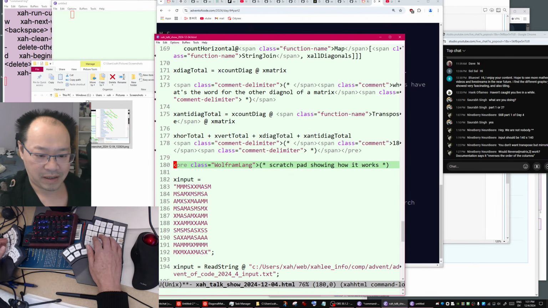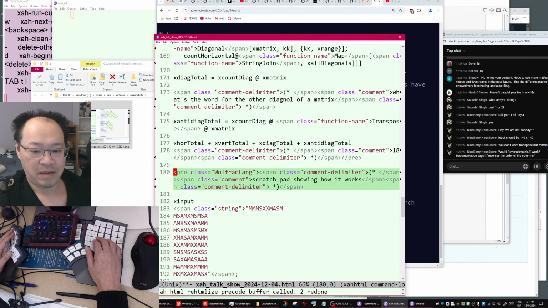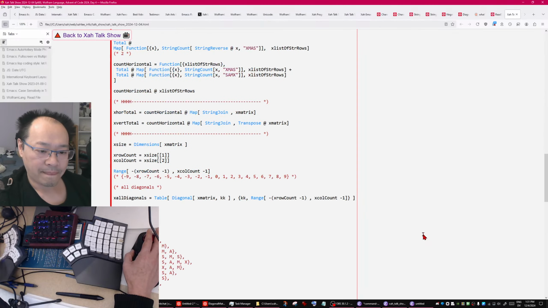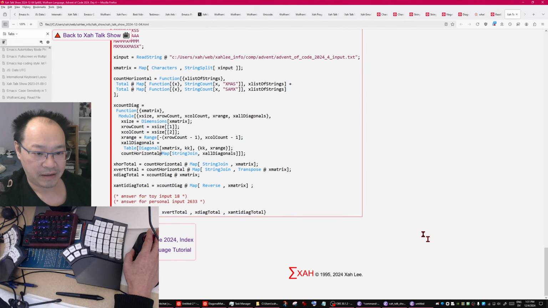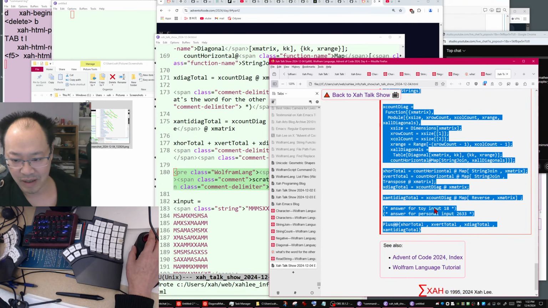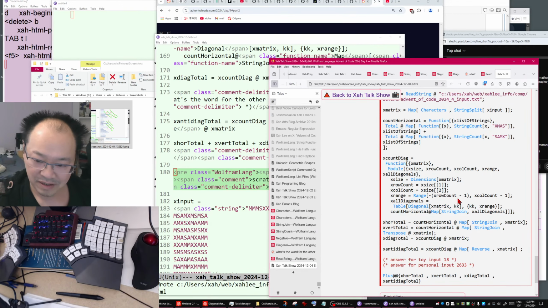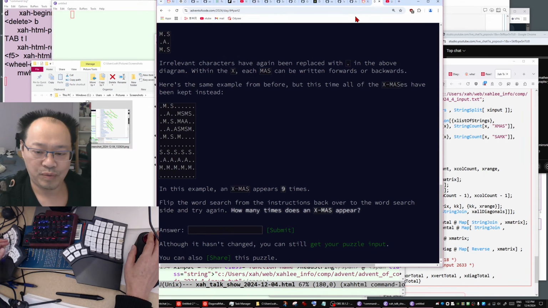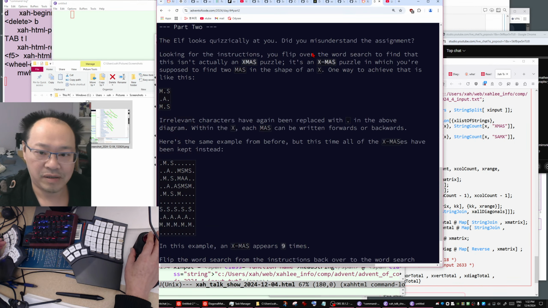Let's put it back, color it, show in browser. Okay, Scratchpad, then the real code. It's a bit long, but it can be shortened into one single line, and can be made a lot more efficient. But anyway, so part 2. Should I continue? I don't know. If it's easy, let's see.